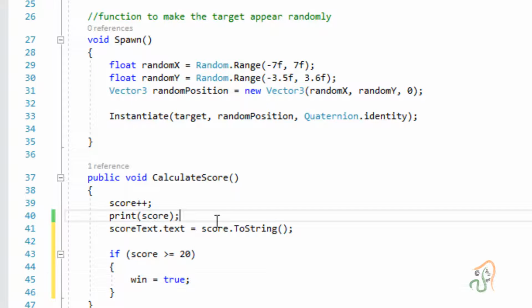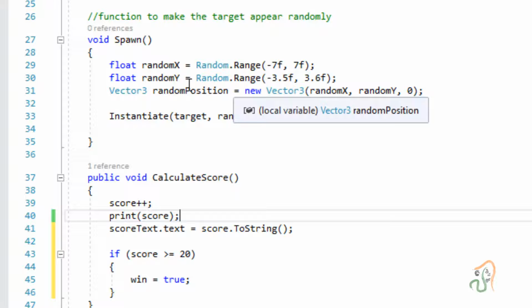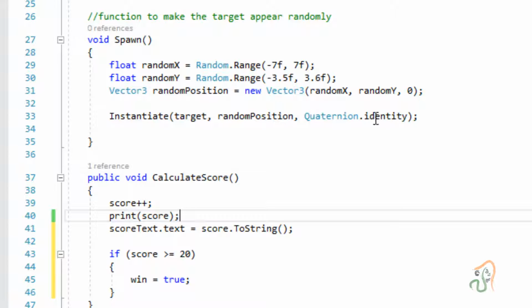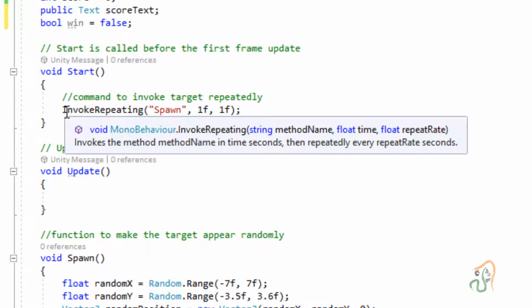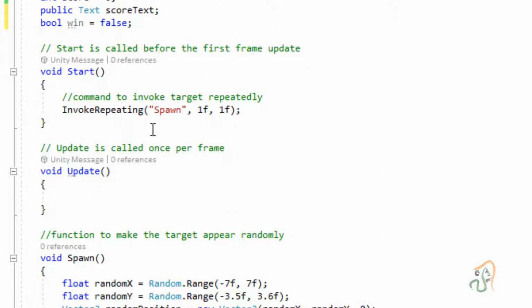We are doing that using the method Spawn. By using the method Spawn, we randomly make the target appear at different places, and we repeat it using InvokeRepeating. You have already understood this in the previous class.